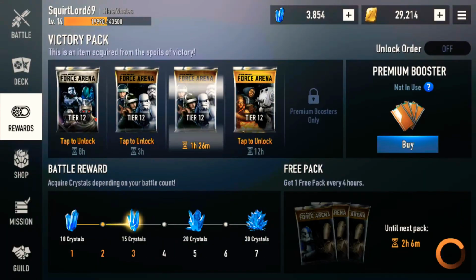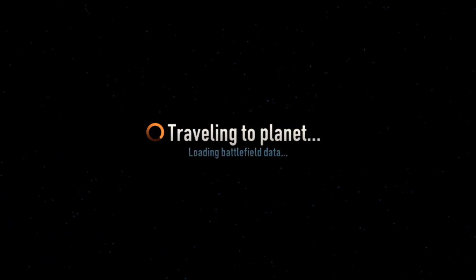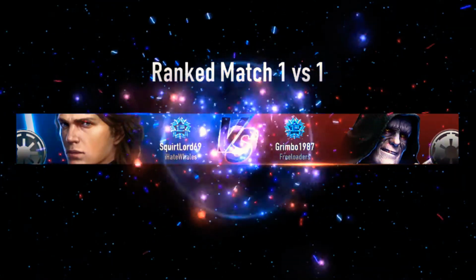I have maximum rewards anyways. Fuck it, I'll play one more Swarm version. So there are a couple ways to build Anakin, but I believe these are the two best by far. Against the Swarm version, it's going to be a little bit harder against Palpatine, as you saw before, but